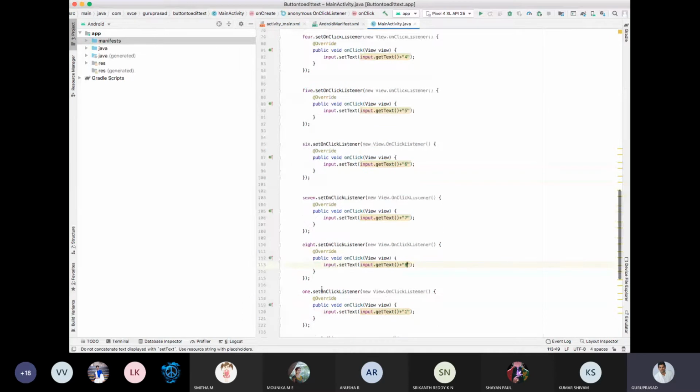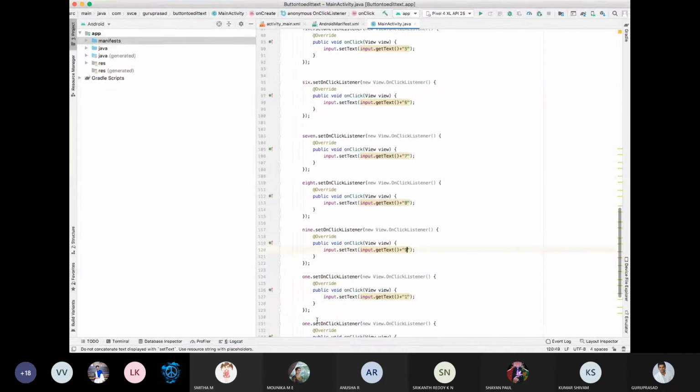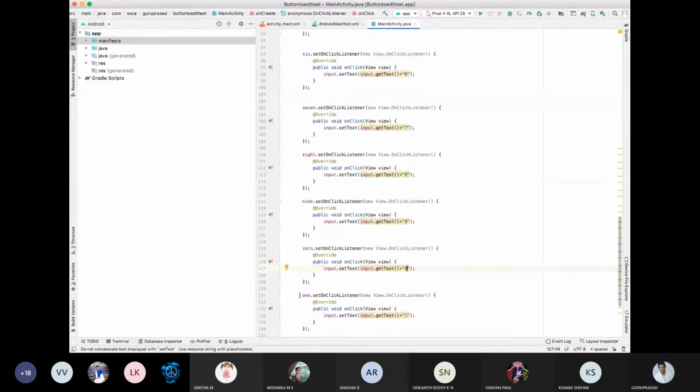There is 10. No, not 10. 0. What do you need to get? 0. There is dot. Okay, you need to get dot. Then there is clear. You need to clear it off.